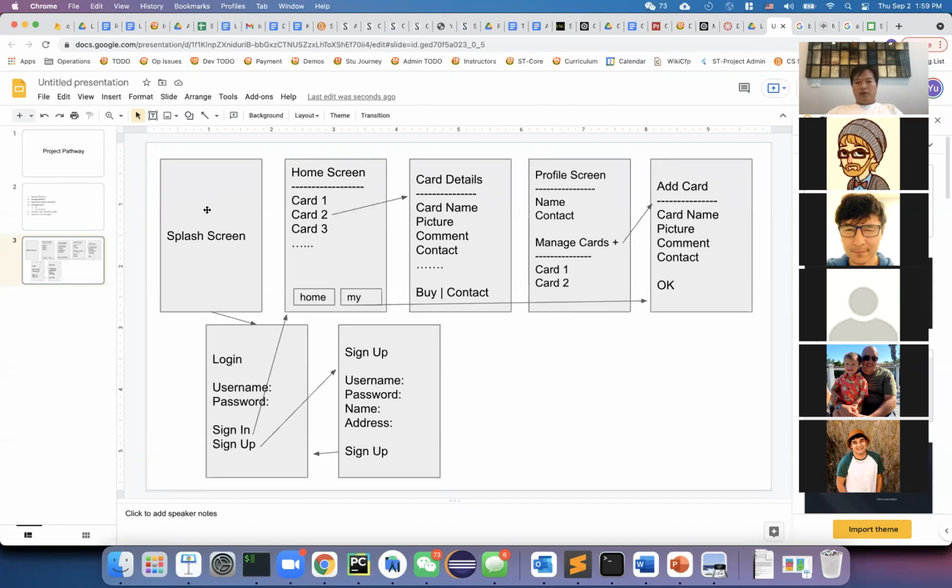Okay, so there's a total of 7 screens. This one doesn't really count, so 6 screens, and this was super easy. So really, the main thing you need to work on is these 4 screens, and they take more time. This was really easy. So if you look at it this way, the app isn't really that overwhelming. So that's going to be your MVP.